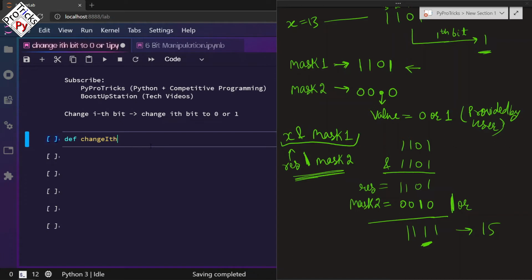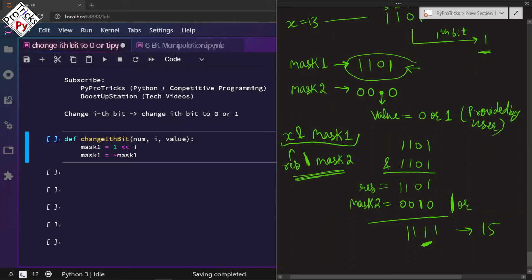Change ith bit: the number, the ith position and the value which we want to set, whether it is 0 or 1. So first of all, create the mask 1, which will be created by moving the 1 by ith places and doing a NOT of it. So how we get this mask 1?